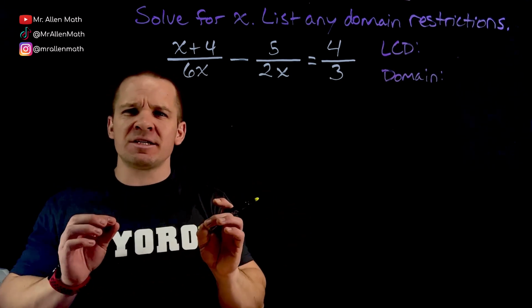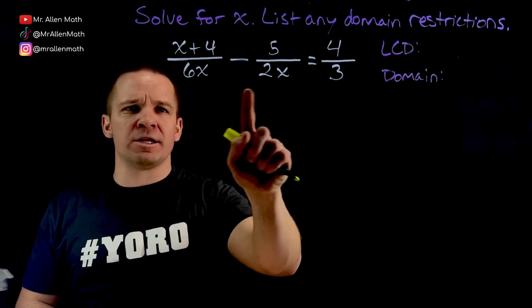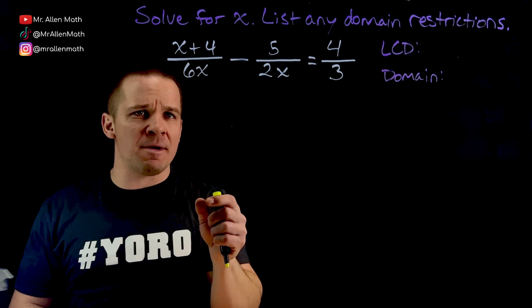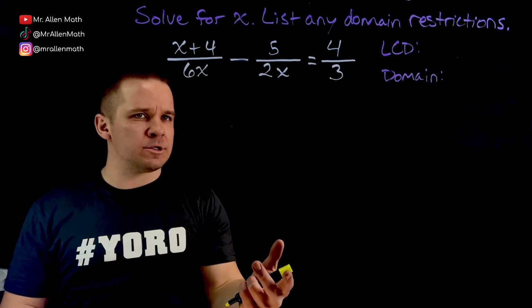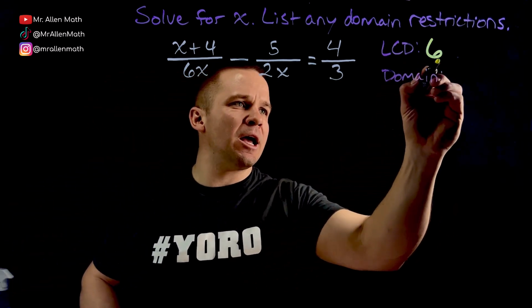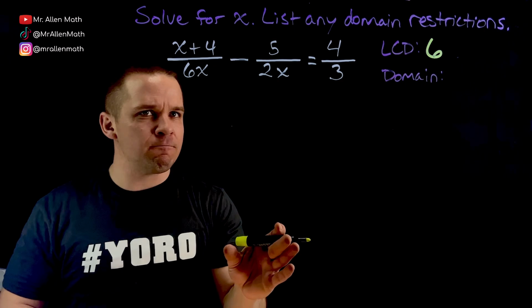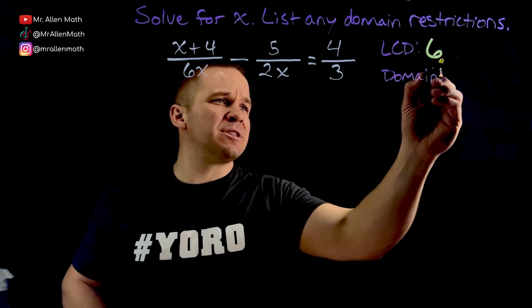But let's look at this in two pieces. I've got 6, 2, and 3 for my numbers. It's all multiplication that's occurring in any of my denominators. So 6, 2, and 3. What's my LCD of those numbers? Well, 2 and 3 can both go into 6, so 6 is my number for this LCD. What about those x's? Well, I need an x in each one of these, so 6x is going to be